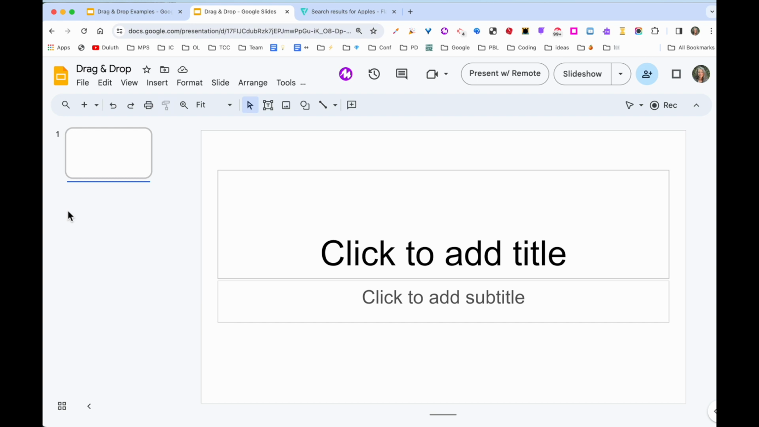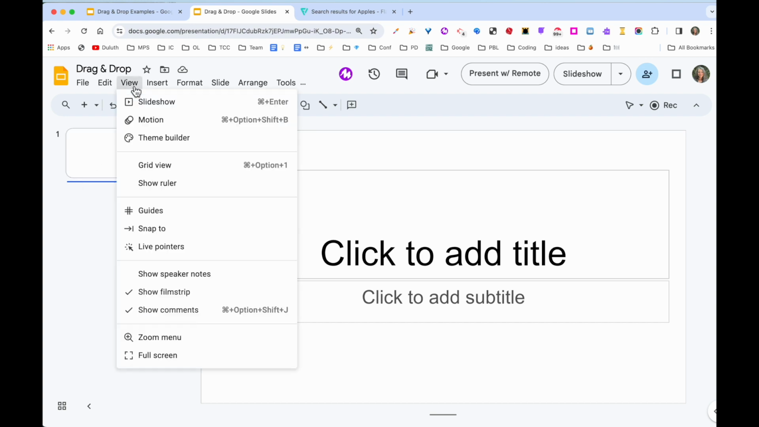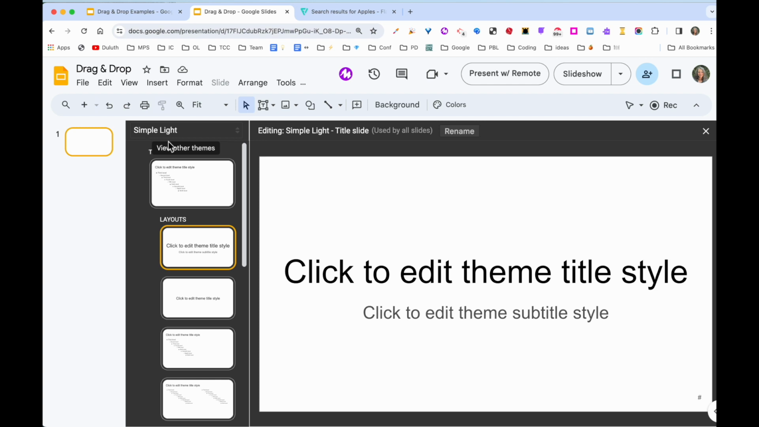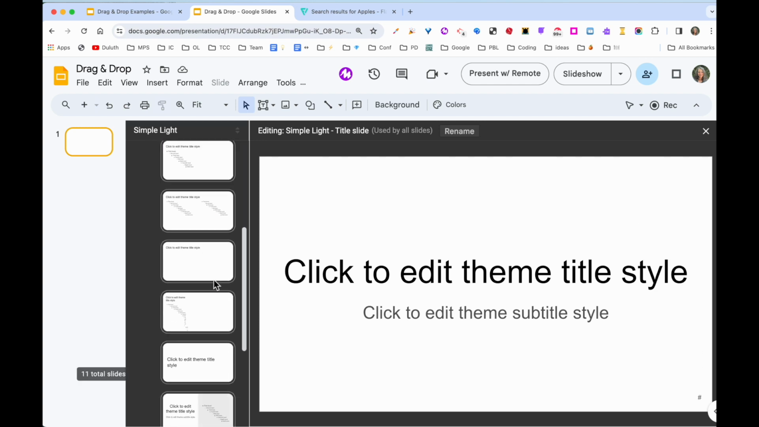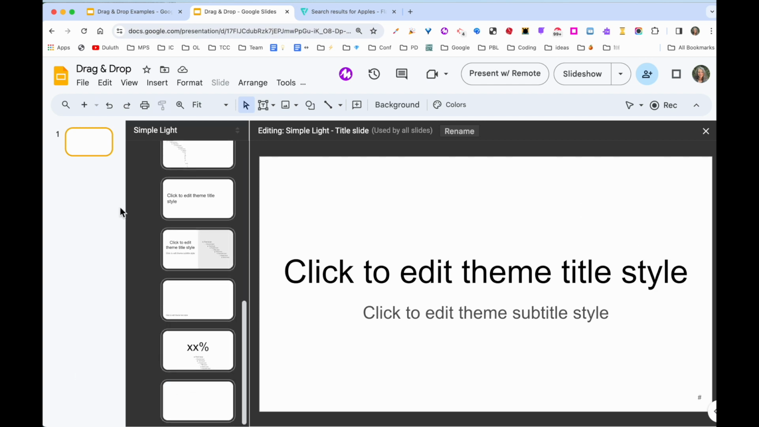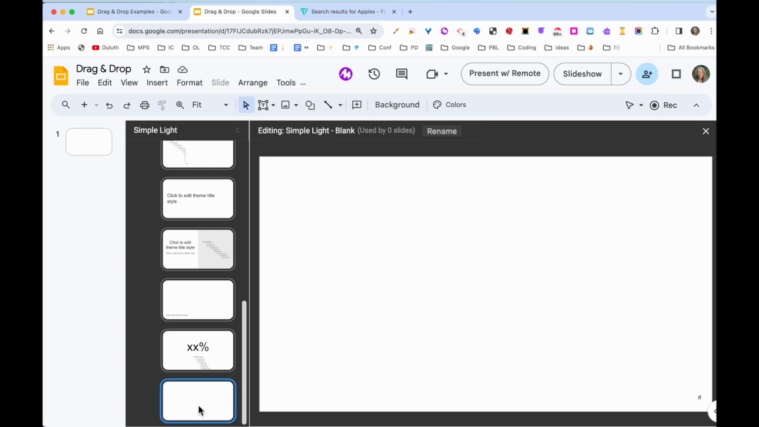So let's click out, and we're going to go to View, and we are going to go to Theme Builder. Now the Theme Builder is an example of all of those little slides that we had just looked at, and they set things up for the user, basically as a template for the user. We are going to click down to the bottom of all of them, so it's blank,